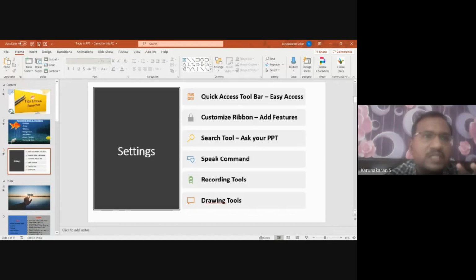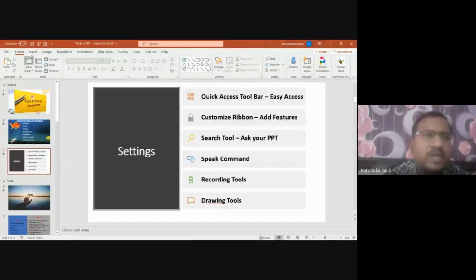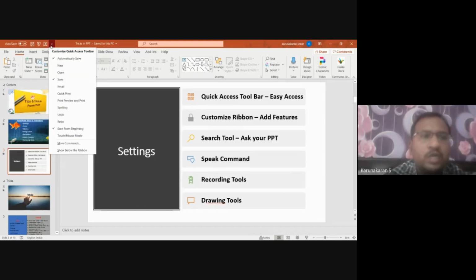These are the quick access tools that I have added. See, this is to save. Whenever you want to save, you need not go to File, search, then click Save. You can directly click here to save. And when you want AutoSave, you can turn it on. It will automatically save after every 2 or 3 minutes, which you can change in the settings. And slideshow to start from the beginning, and the text drawing tool, which I am going to use regularly. I have placed it here on the top. Similarly, you can add any other tool that you need here.